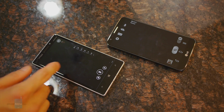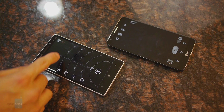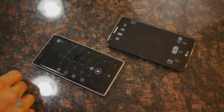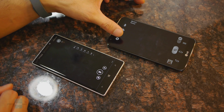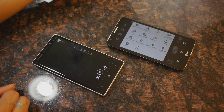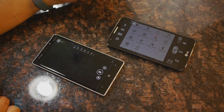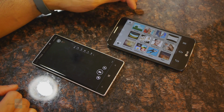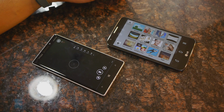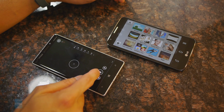On one hand, we like the styling of the camera app in the Lumia Icon just because it kind of reminds us of something you get on a digital camera. It's nice to have these toggles here to manually adjust different things, but you also get manual controls with the LG G2. It might not be presented in a fashionable manner like the Lumia Icon since it's more menu driven than anything else, but it does offer a ton of different shooting modes right from within the camera application itself, whereas with the Lumia Icon, you're gonna have to rely on those various lenses or go into its smart capturing